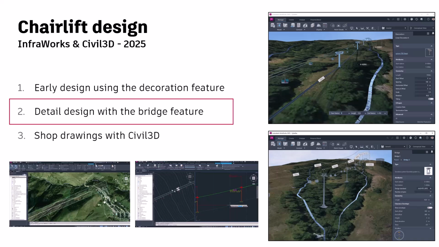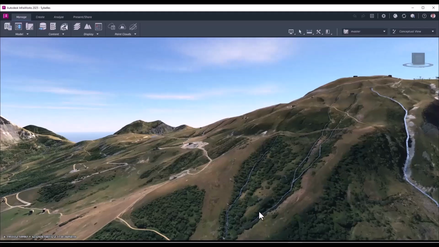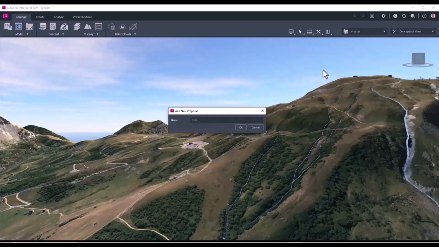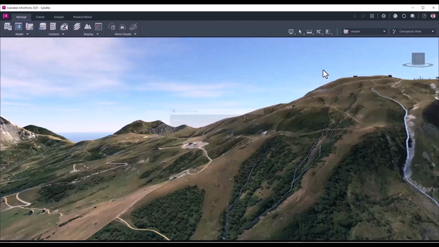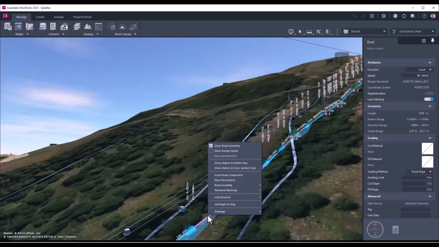So let's go for the second part of the workflow using the bridge feature inside InfraWorks. Here I will create a new design proposal. I can keep the master like it is with the pre-design based on decoration. So here the decoration. I will remove this road assembly with a more classic road assembly